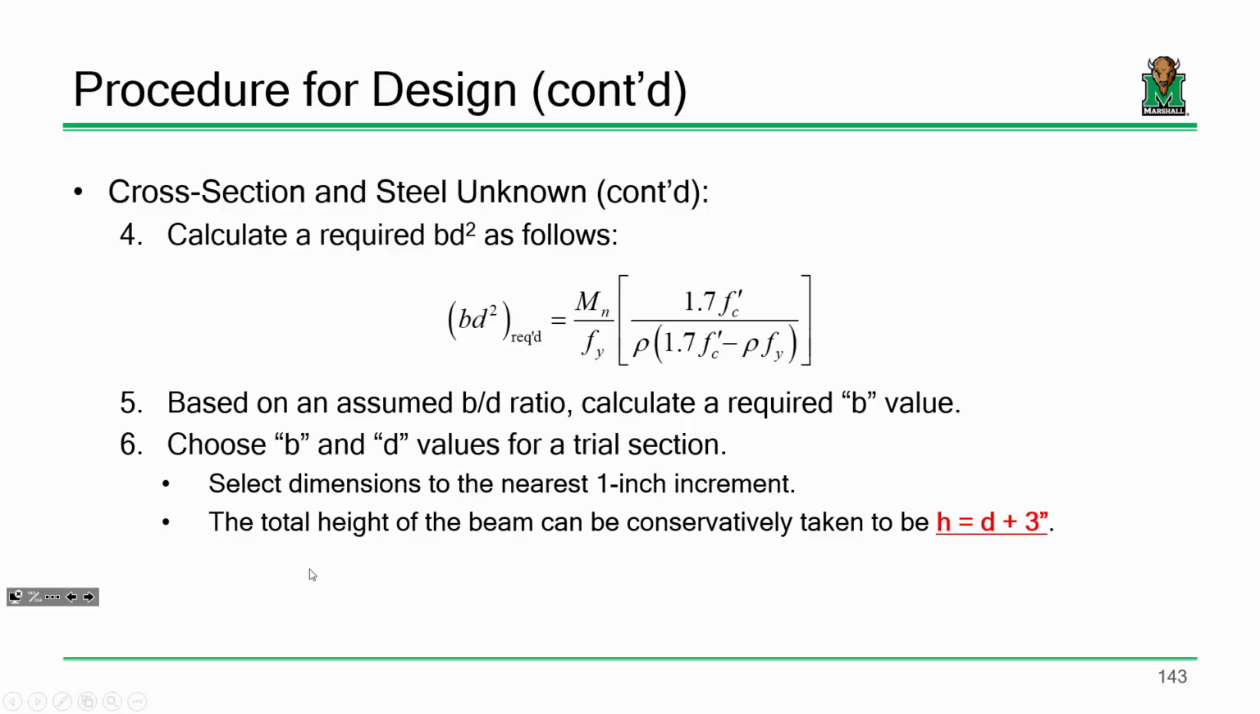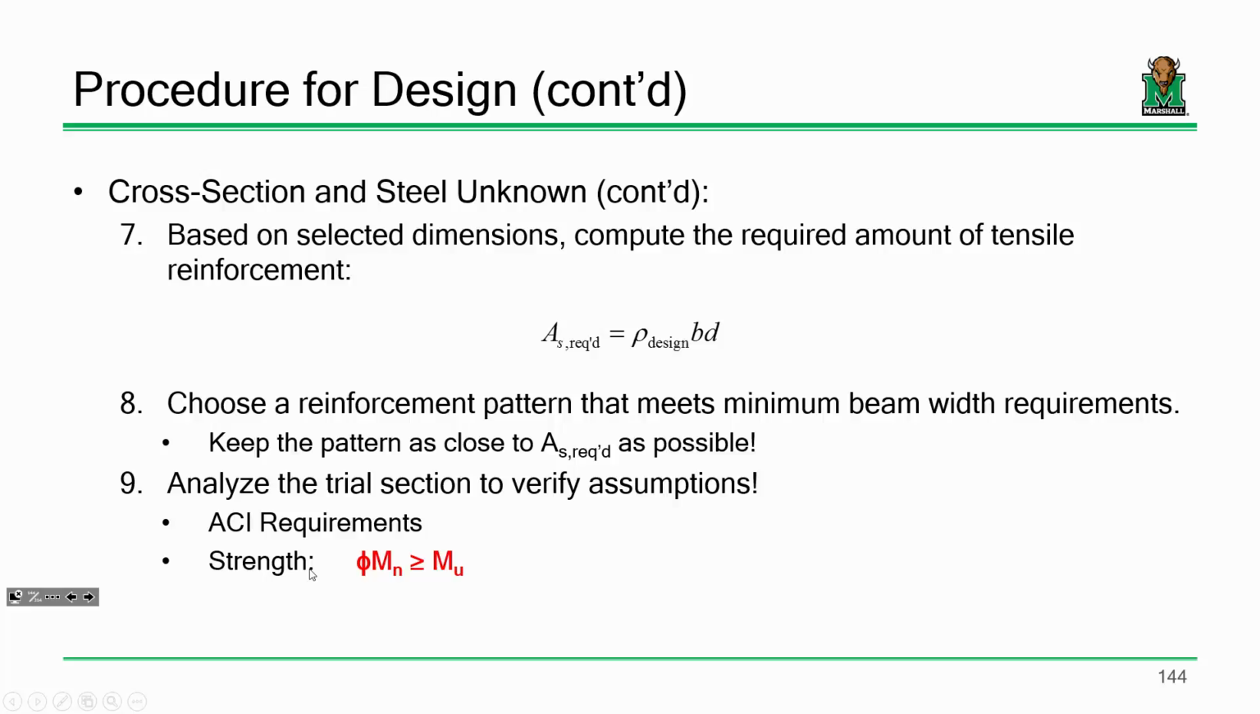Make sense? All right. Based on your reinforcement ratio, and now that you've got some dimensions, calculate the required area of steel. Choose a reinforcement pattern that meets minimum beam width requirements. We'll talk about that here in a second. But before we do,